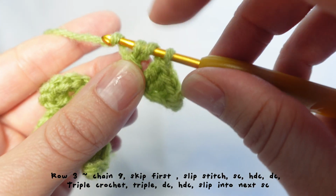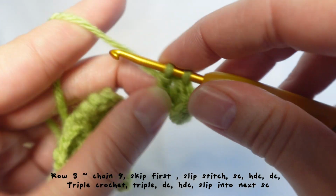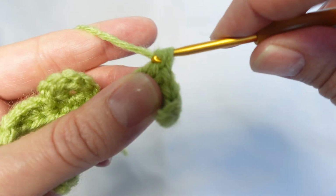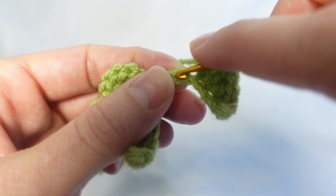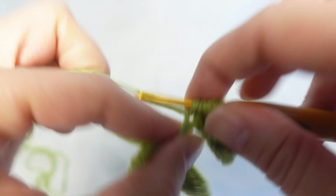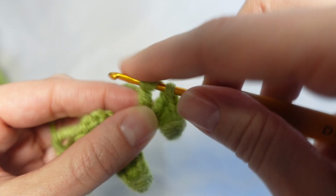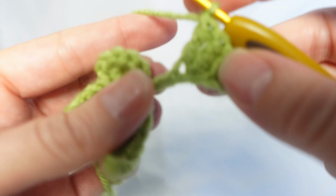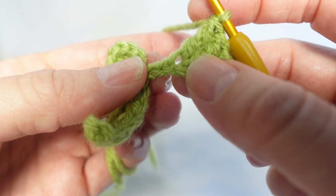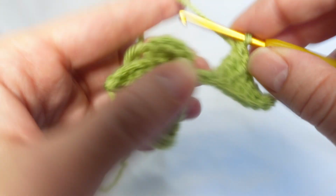Yarn over and go through 2. Then yarn over and go through 2 more. Now we are going to do that one more time into the next stitch. Go through 2, go through 2. All right, now into the following stitch here, we are going to place a